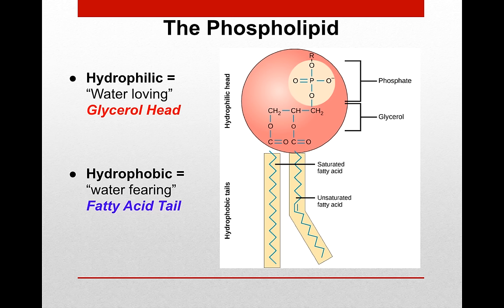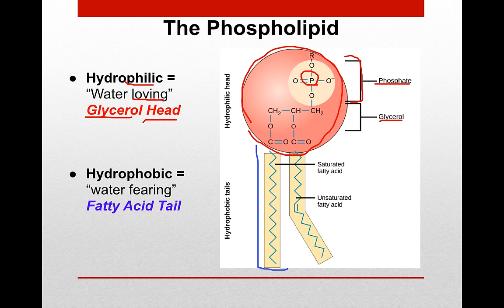So this phospholipid is referred to as this circle. It has two parts, the circle, also known as the head. This is called the glycerol head, and that's hydrophilic. Philic meaning water loving. So this is made up of this phosphate group. You can see the phosphorus right there, surrounded by oxygen, that's phosphate, and then glycerol. And then the bottom part, known as the fatty acid tails,